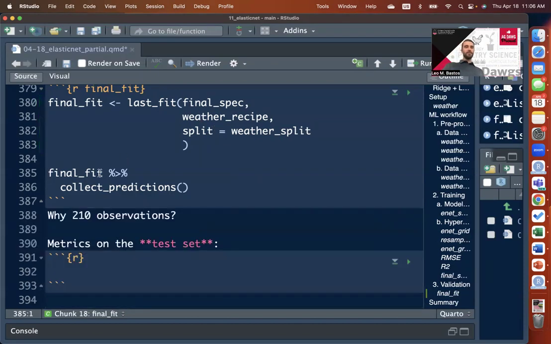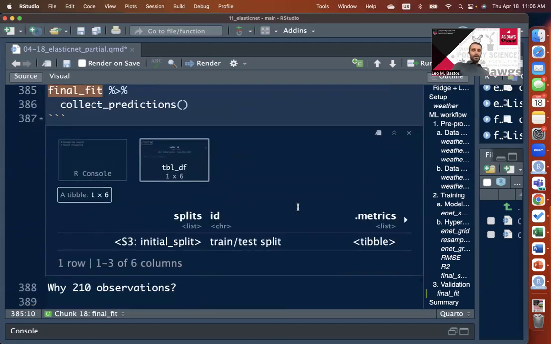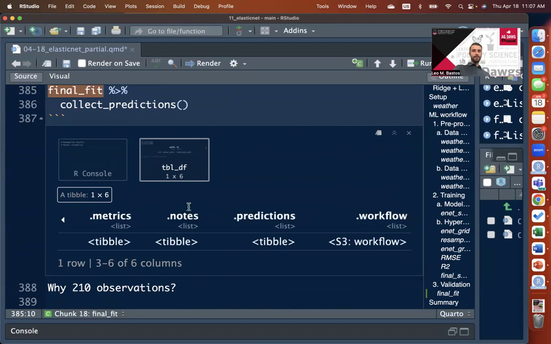So if you run this, and you just print your final fit, it has a column called metrics and predictions. Those are the two most important ones, the metrics and predictions. If we use this function called collect_predictions, it is basically going to unfold this column for us. So if you run that,